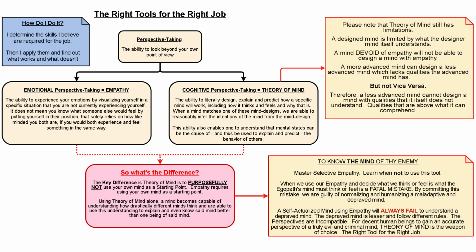Okay. And so basically, how do I do it? I determined the skills I believed are required, to say, okay, what do I need to be accurate? And then I tried them out and found out what works and what doesn't. And that's just iteration. That's just testing. That's experimentation. That's the scientific method. But what I really want to take a look at here, because this is so important,